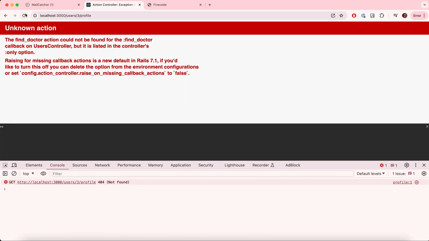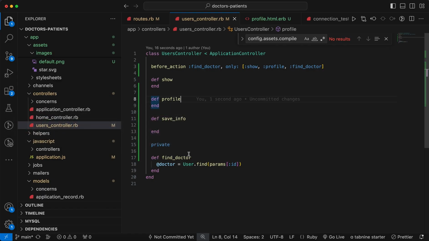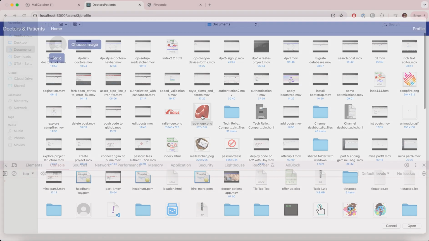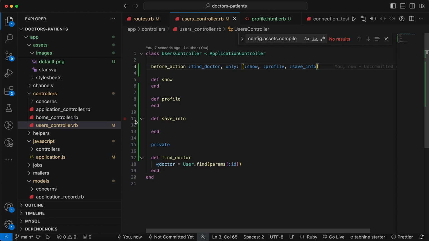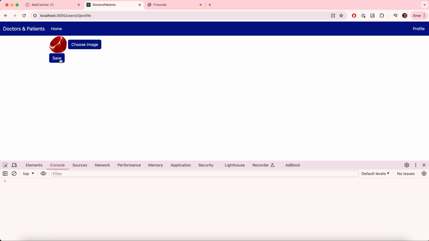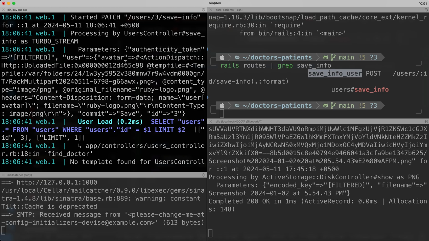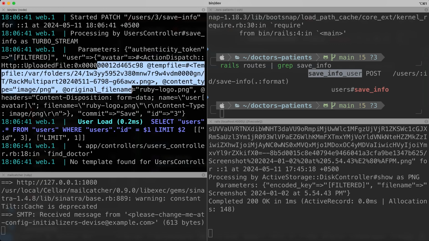What it is saying is that find_doctor action could not be found. Sorry, we have to pause actually save_info. Yeah, if I refresh and then choose an image, and then let's clear the logs and check what is happening. If I save it, here you can see that we got this parameter in the user and then avatar. We have actually received the file, and